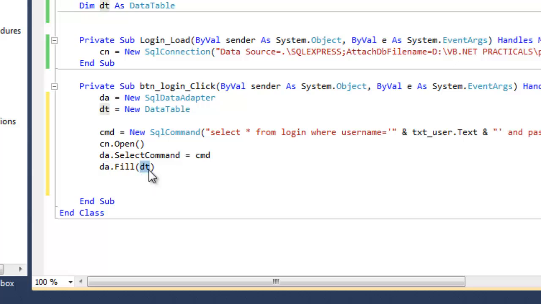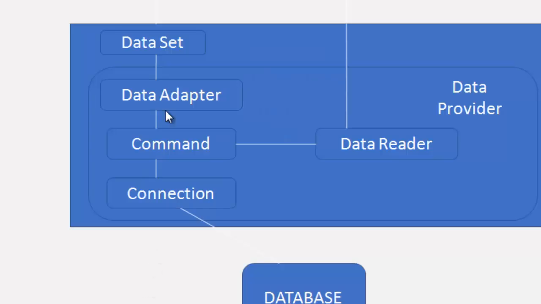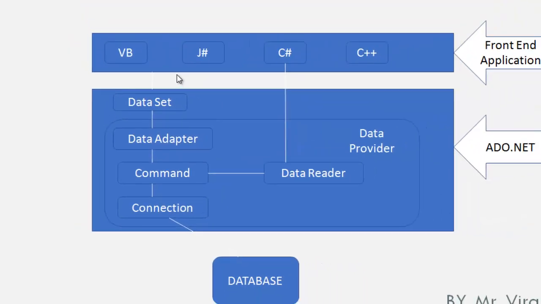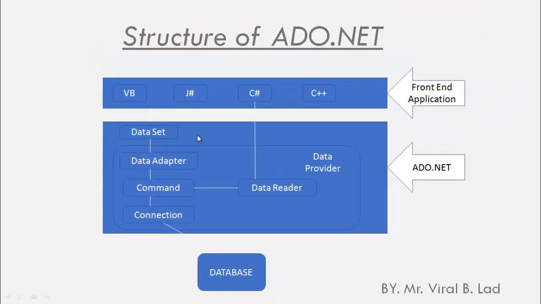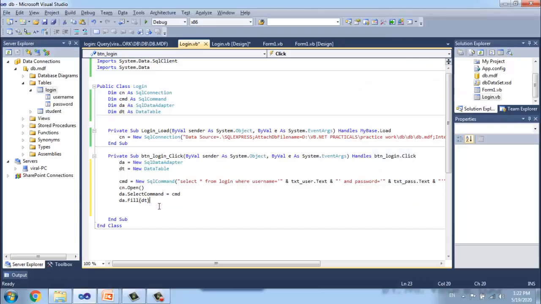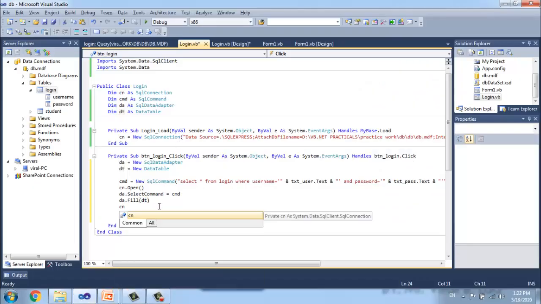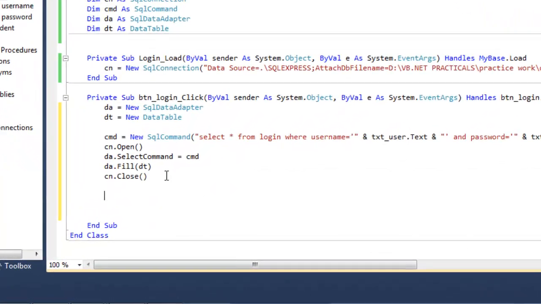Now all data is in the data set, in the data table class. Now the front end application will communicate with the data set only. Okay, I have to close the connection. cn.Close is the last step.